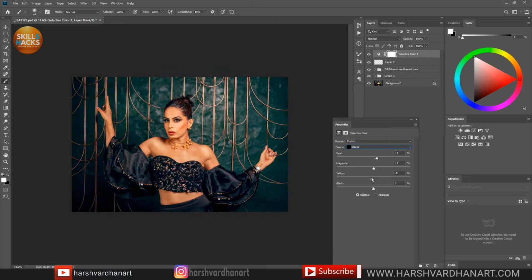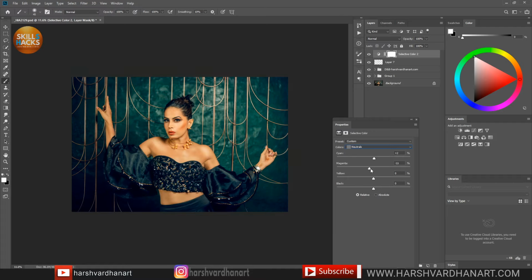And yellow, or take away the yellow, something like this. And let's add a little bit of blackness. So we can see by turning this on and off, this one is looking much better to me. And let's go for the neutral, and let's try to add the cyan or take away the cyan,